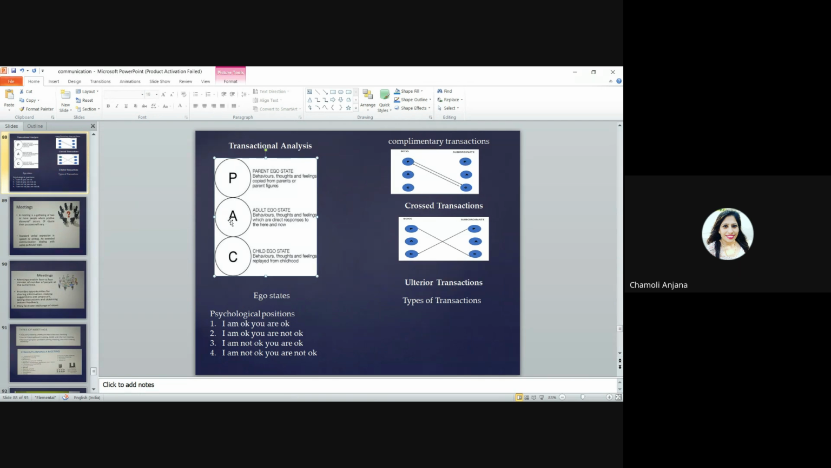At the same time, he does not put his employees down. He gives equal opportunities to his employees as well. So these are the three ego states of any person. Okay, then you have